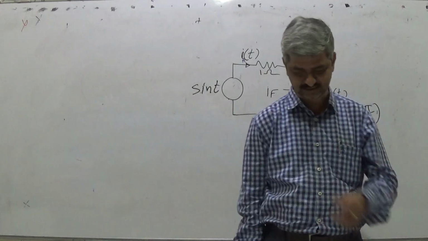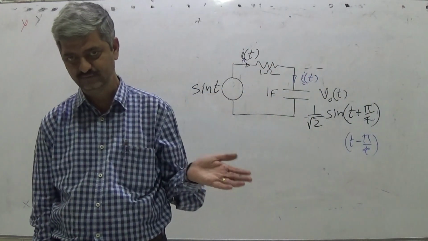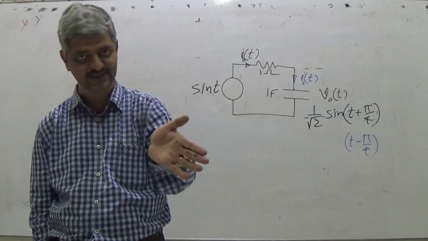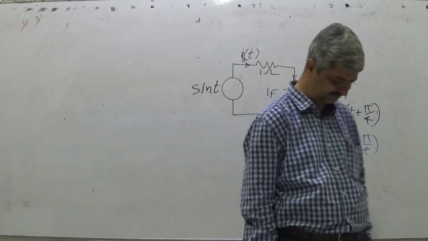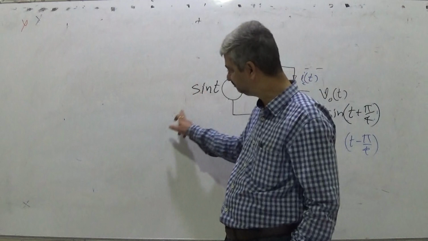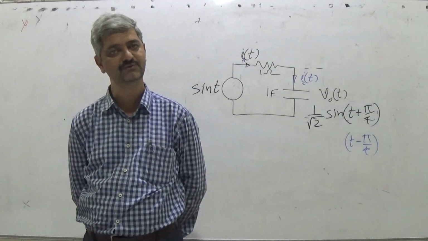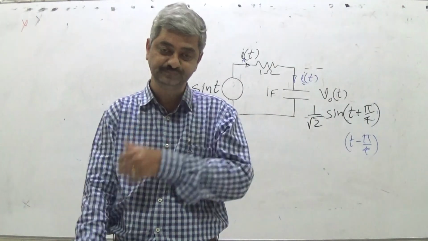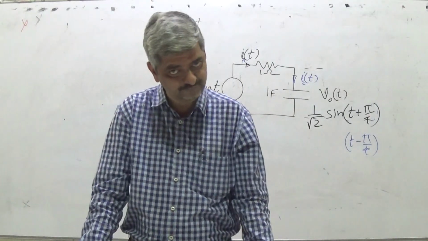In the previous case, where there was no input and at t equals 0 we were applying some DC input, at that time we were required to work with differential equations. Here we get rid of differential equations, because we directly replace by a sinusoid and we get a trigonometric equation. Listen very carefully. For AC circuit analysis, we get rid of differential equations.